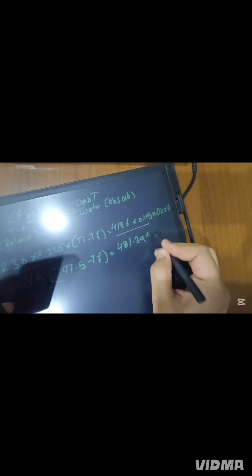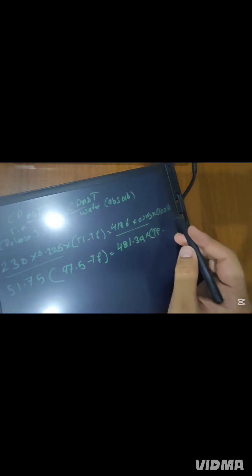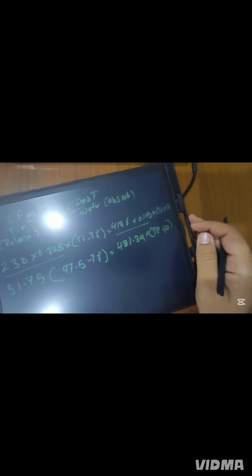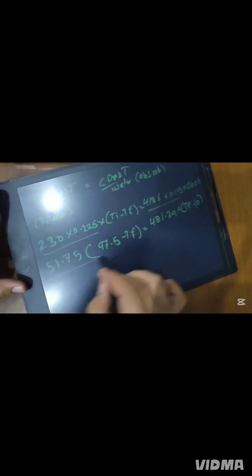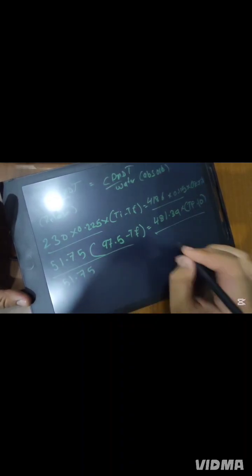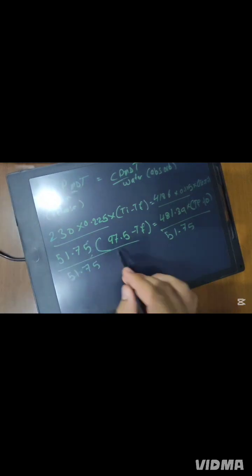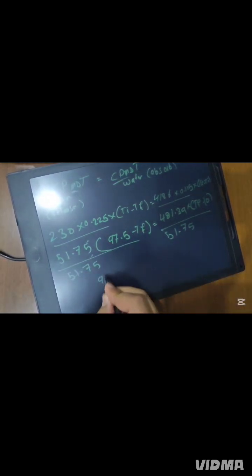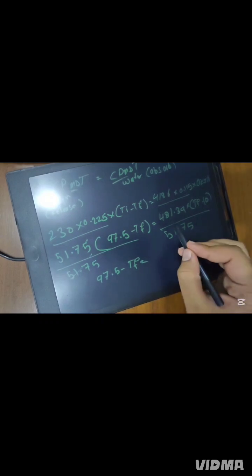481.39 times, bring down Tf minus, and what was the initial temperature of water Ti? Ti was 10 Celsius. Good. Then do the same technique I told you. Multiply both sides by this number, 51.75. So these two numbers are going to be cancelled. So bring down this bracket. 97.5 minus Tf equal,